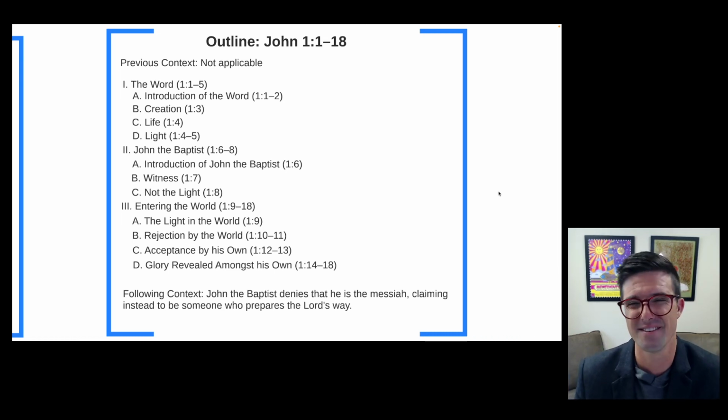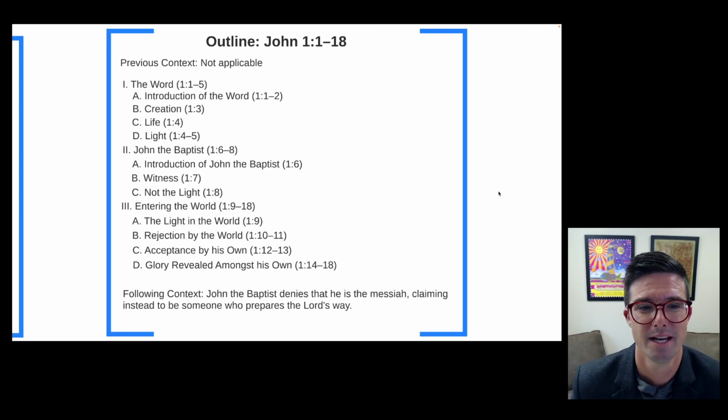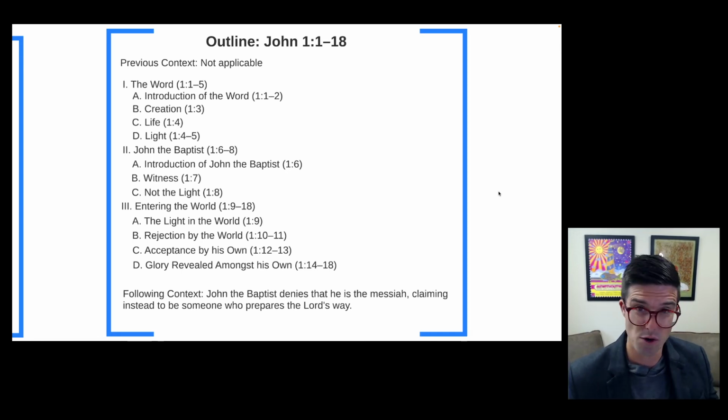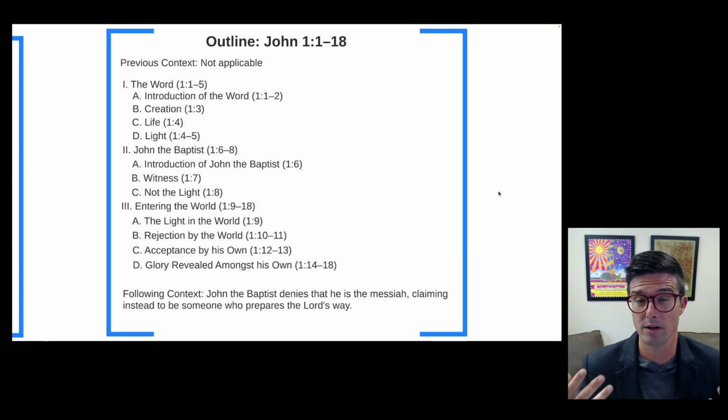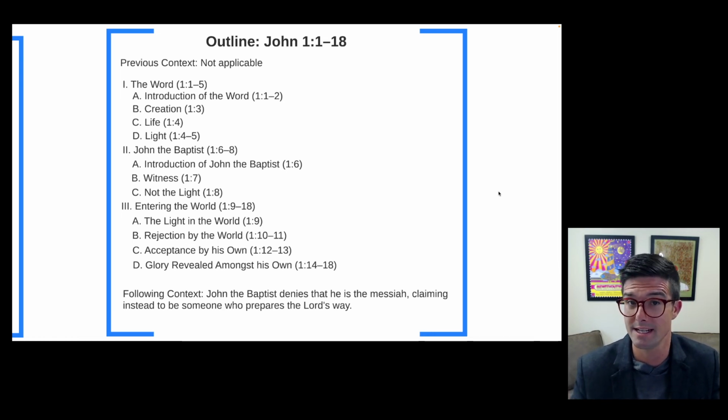And I should say here, I give us our previous and our following context. There is no previous context insofar as this is the beginning of the text, and in that way, there is an importance to that. The way a text begins does sort of change the entire experience of the text. And that's why I think many of these Johannine themes are being introduced in the prologue, so that they can